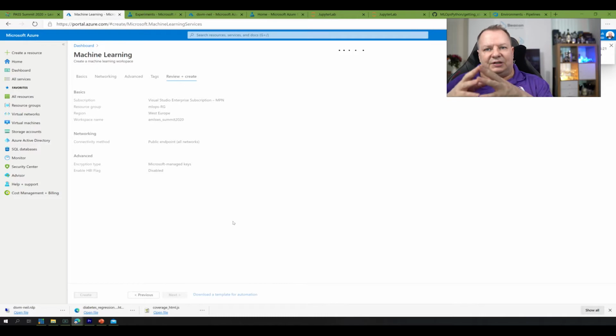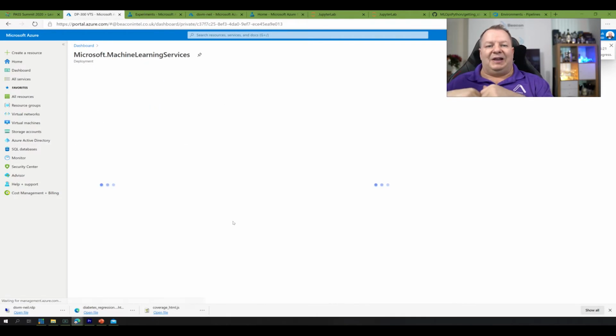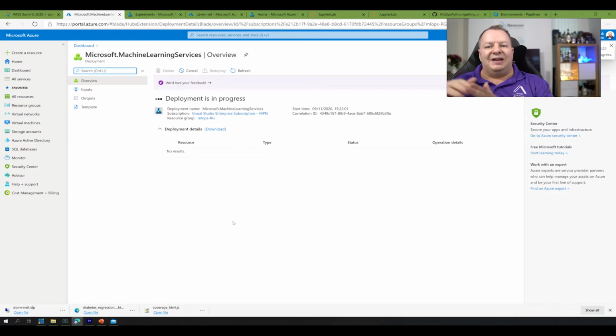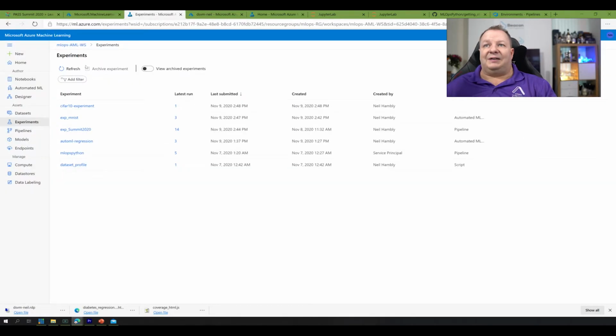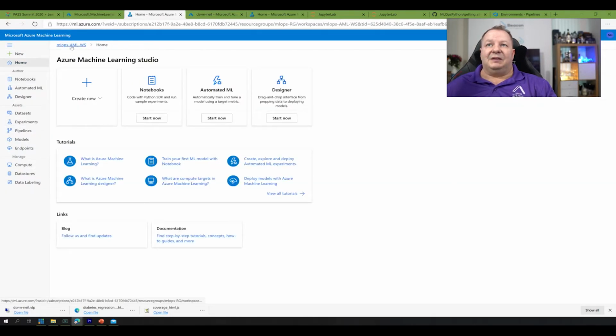That's now going to kick off the creation of a new workspace for me. It will have no assets in it once it's built. This will take 1 to 2 minutes for it to completely deploy. Okay, so we're going to wait for that to happen. What we're going to do while we're doing that is look at an existing workspace I have and explore that. So we're going to go into my workspace already created, and we're going to